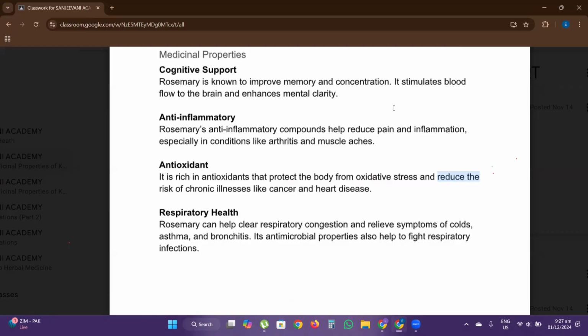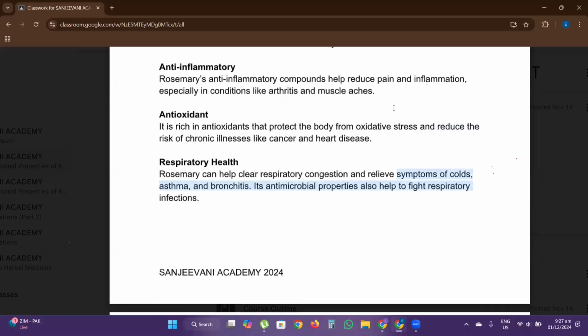Okay, so it's also anti-inflammatory. So it will aid in things like arthritis and muscle aches because once you can reduce inflammation, you can reduce pain. Once your inflammation is reduced, you don't have that high acidic nature in your body, and therefore pain will be reduced. So this is also antioxidant